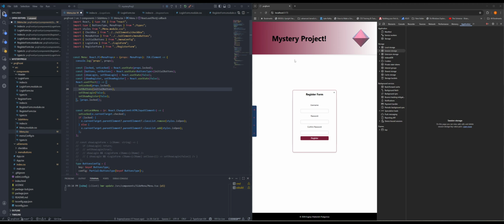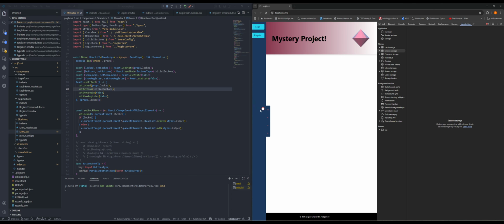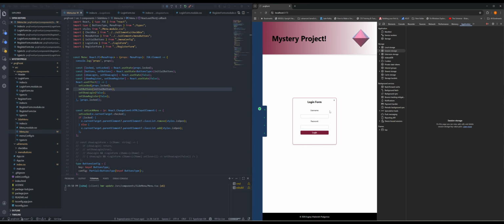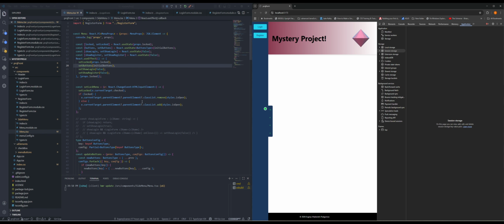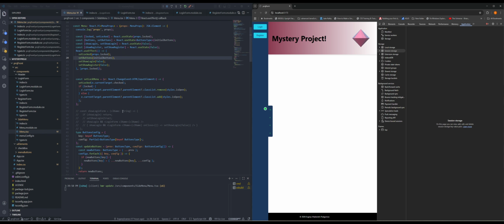Initial state is false. And only when we call them, the state will be changed to the register and login forms. Okay. So now